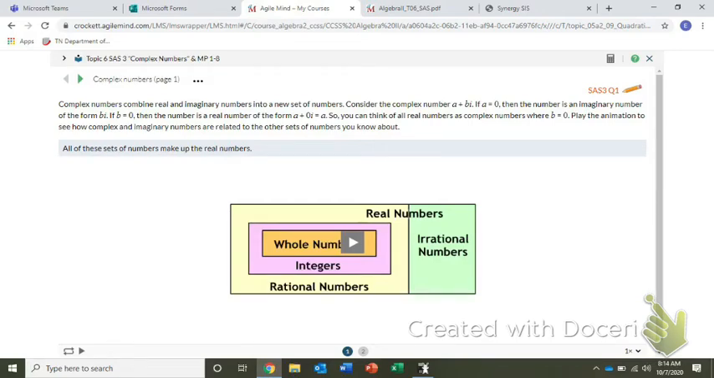So, topic 6, SAS 3. It's on page 153. All right, so yesterday in SAS 2, it talked about something called a complex number on page